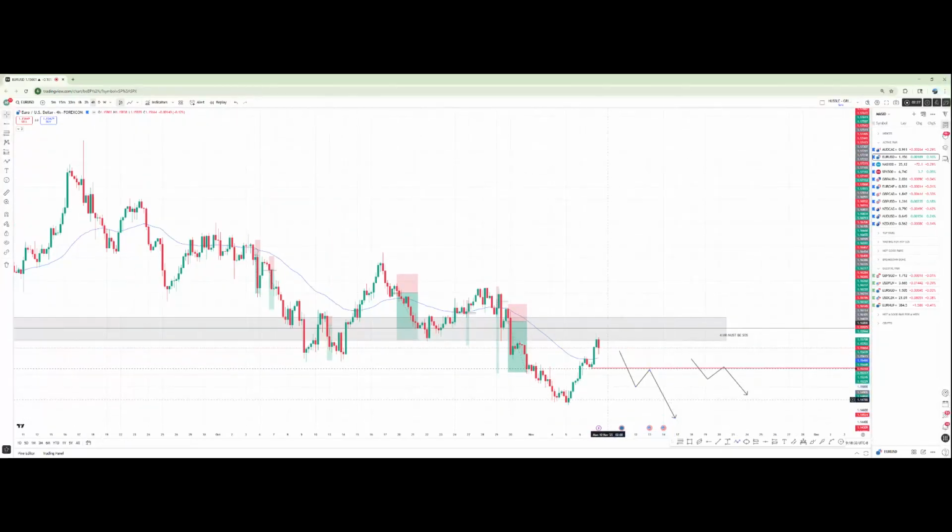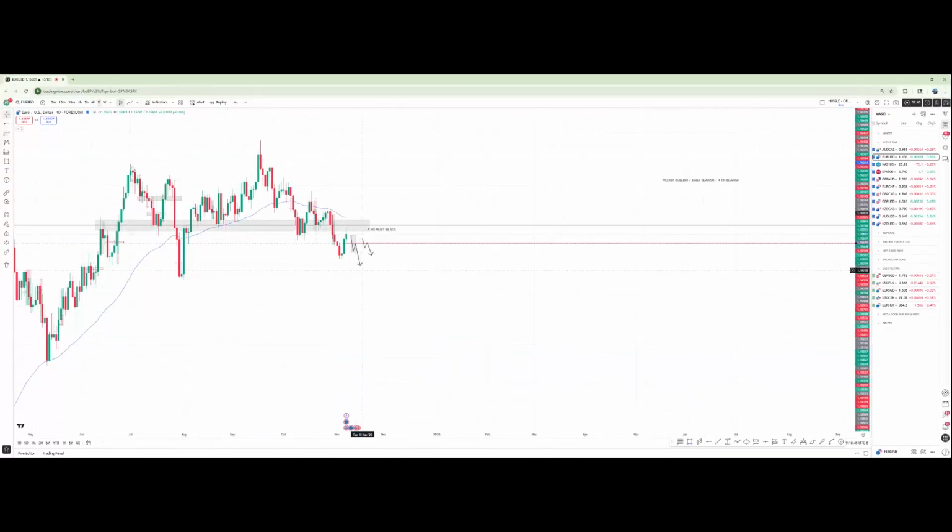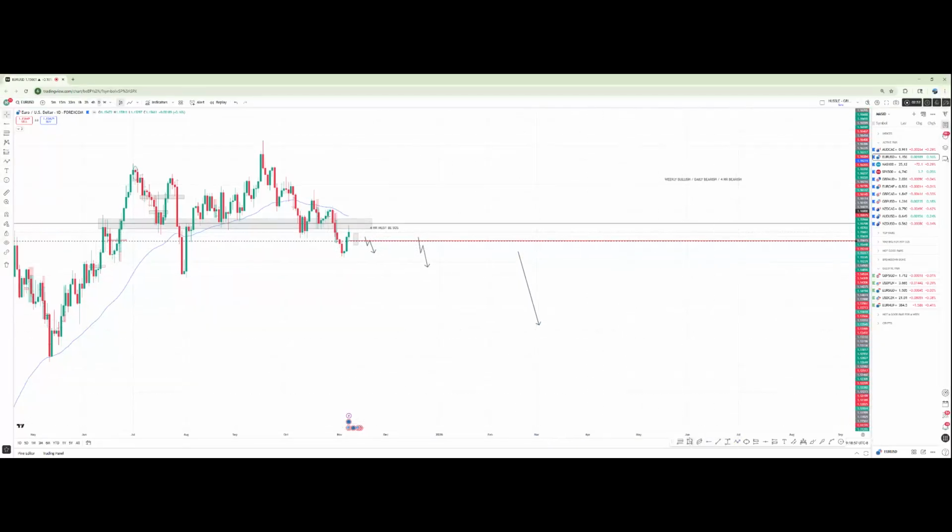So the daily outlook will be, if the 4 hour shifts, let's say this is the scenario, your daily will be looking around like this, the daily bearish, right? So what are we waiting for? If the 4 hour shifts and then the daily closes around like this, bearish,